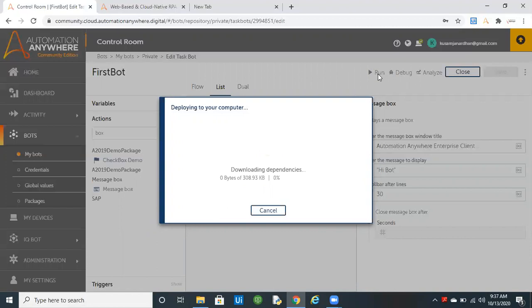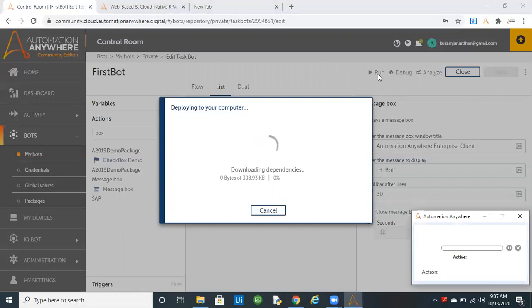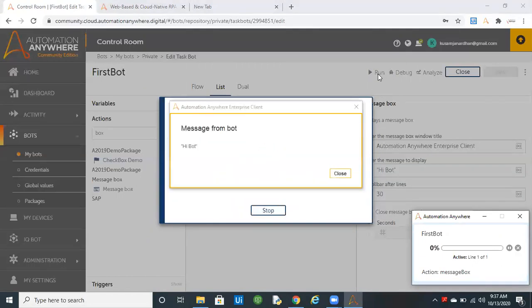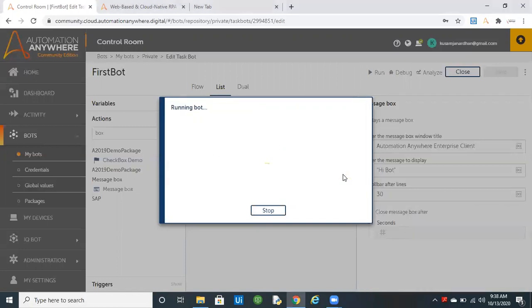It is supposed to populate the message box stating "hi bot". Yes, the bot is running now. Here we have a message box stating the message from bot, "hi bot". Let me close the message box. Yes, your bot has run successfully. Let me close this window.